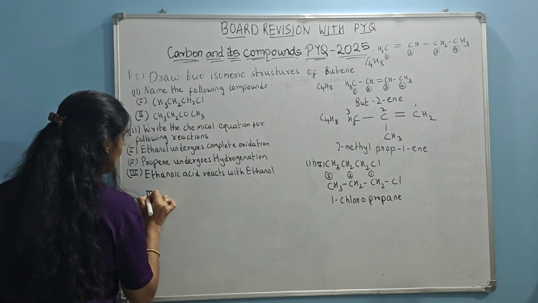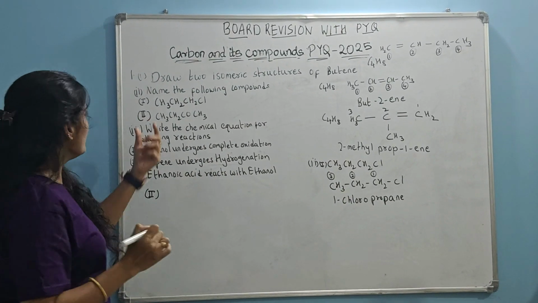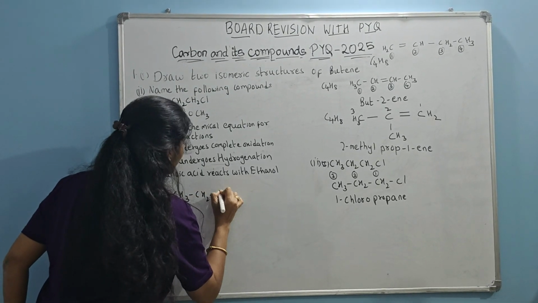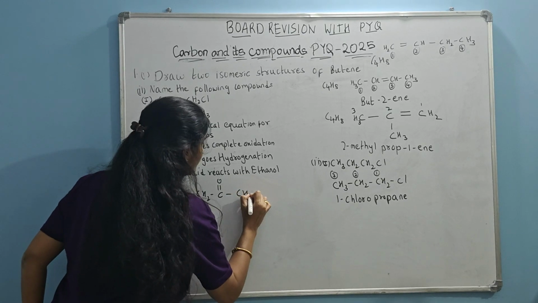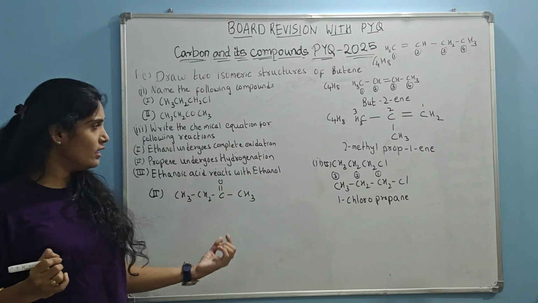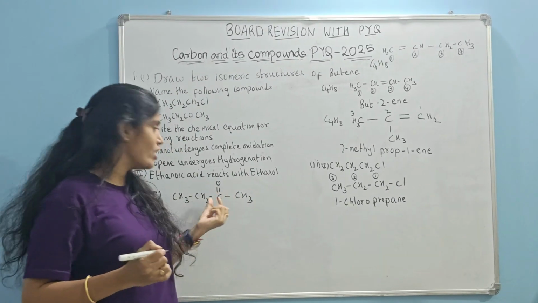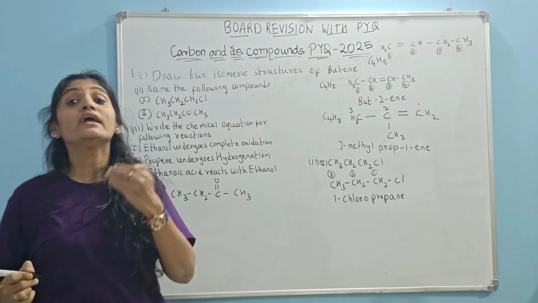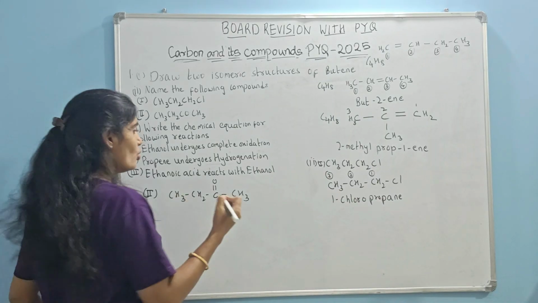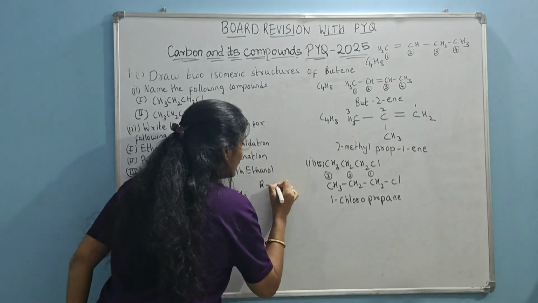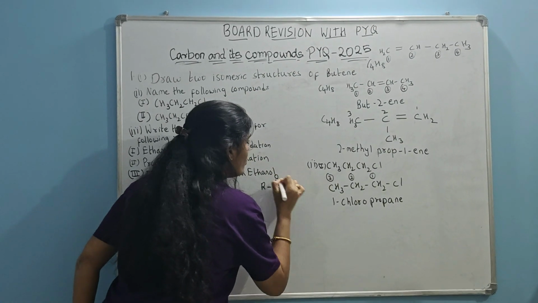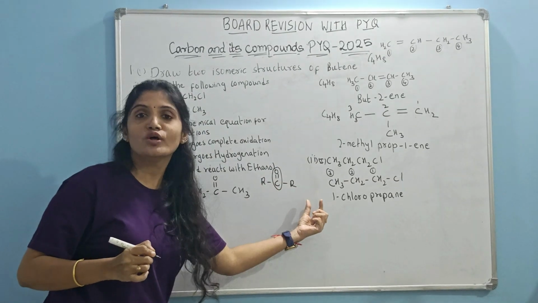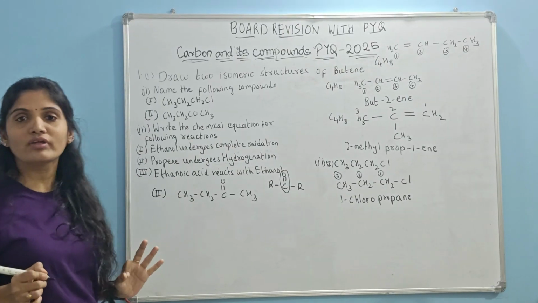It will be easy for me to write it here. He is saying CH3, CH2, I am just expanding it for your understanding, COCH3. Now, if you see this compound, it has a functional group. What is the functional group present here? It has a ketone. How did I recognize that it is a ketone? Whenever you have the carbonyl group at the center and 2 alkyl groups on the other sides of the carbonyl, I call it a ketone.